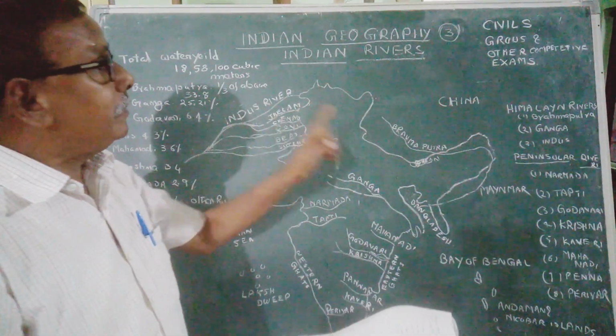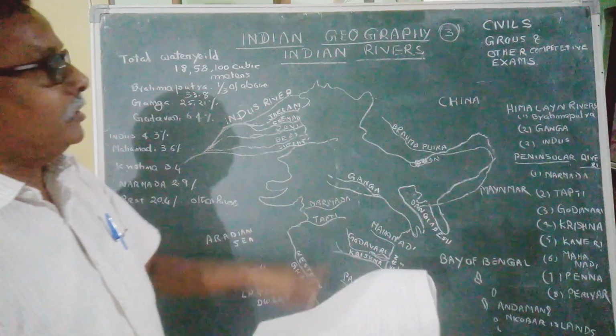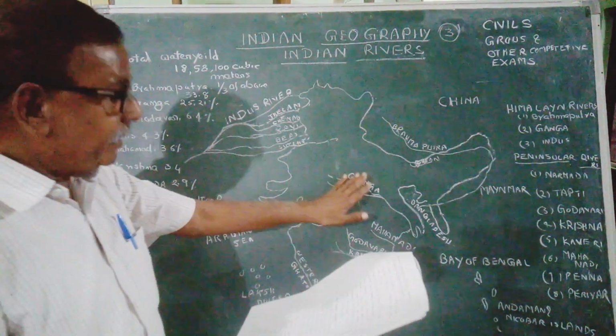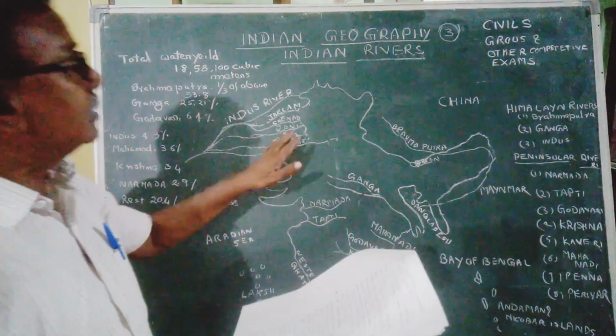The rivers of the Himalayas are perennial rivers, always containing water,